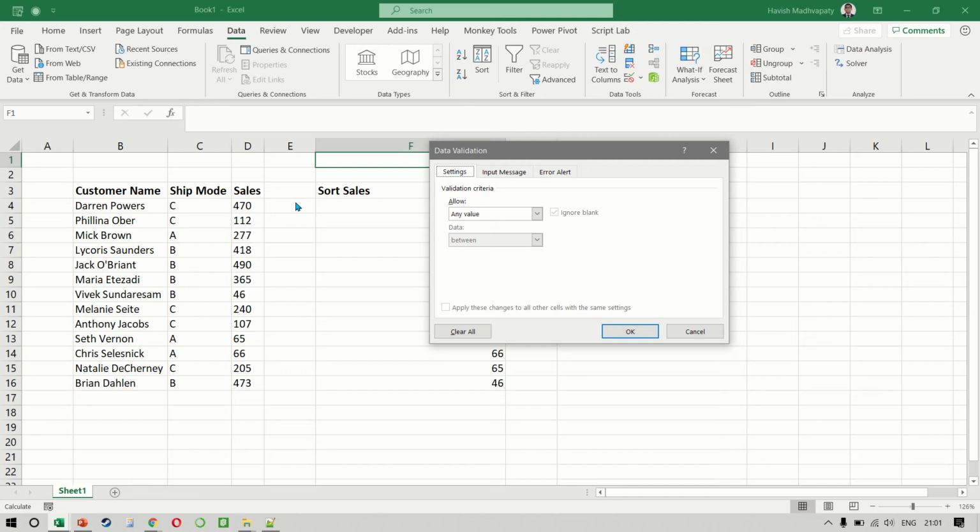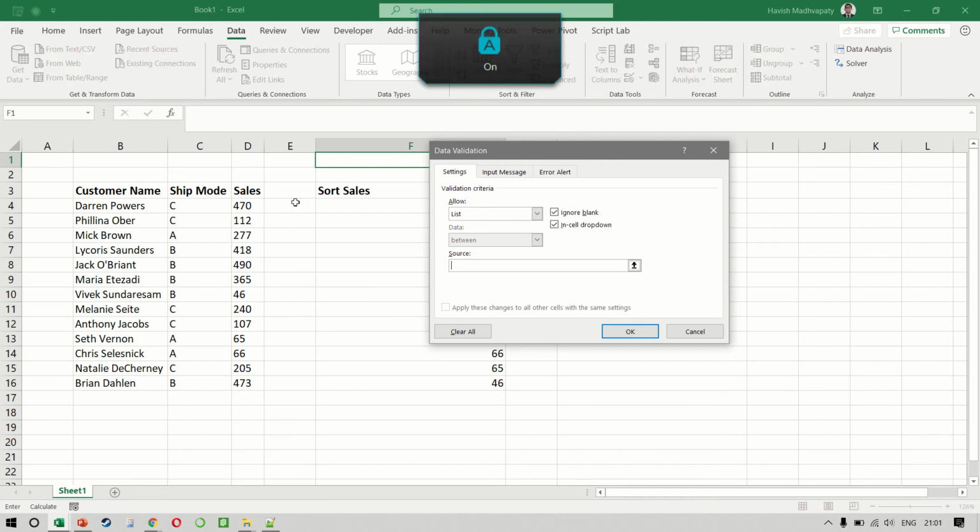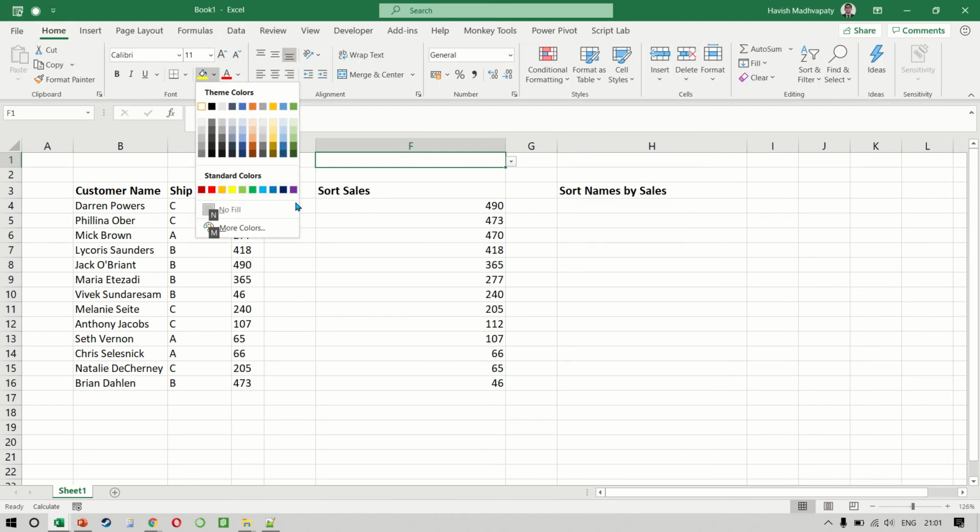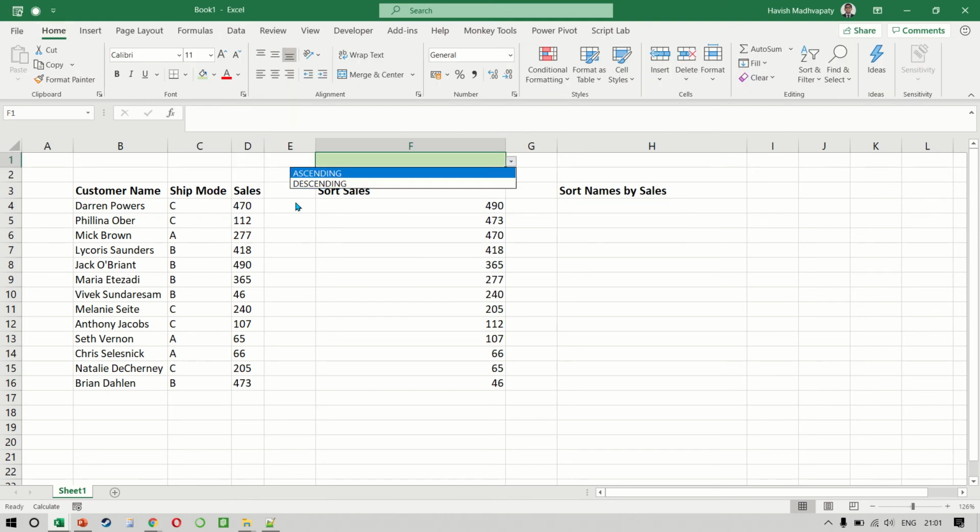If you want to make this more dynamic, we can make a drop-down validation with ascending and descending written in it. Let me just color this green. And what we want is that if the user chooses ascending, the sort order would be ascending, and otherwise it would be descending.